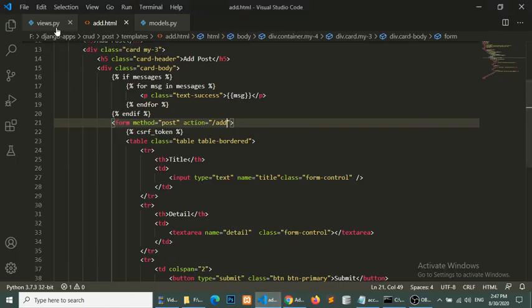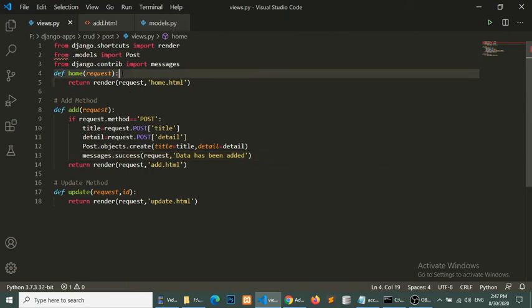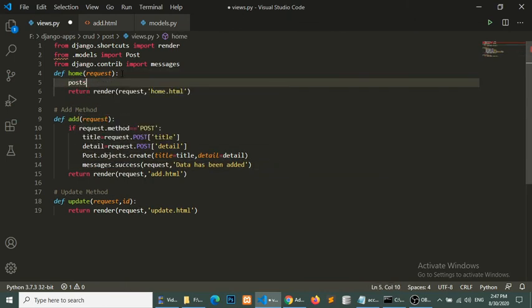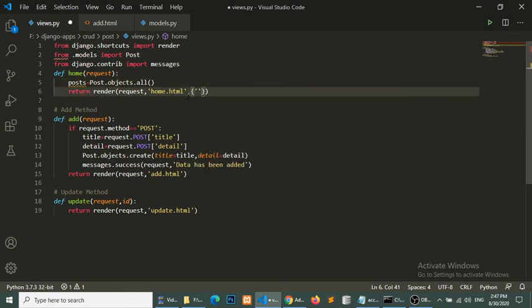So go to the views file, and in the home method I will fetch the posts. So Post.objects.all, and in the render method I will pass the post data, posts.